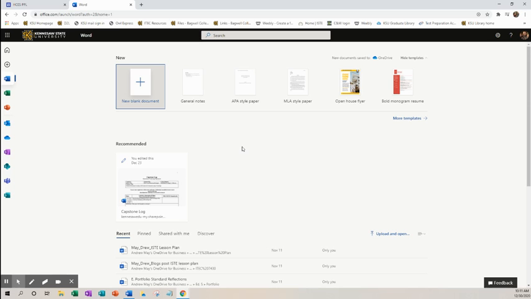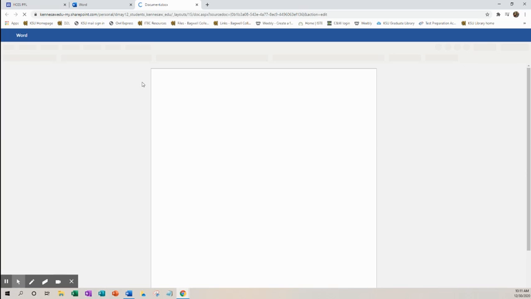From the desktop app. But for Word on 365, you can go in and you can create a new document. Very simple. I know most of you know how to do that already. But when you go into your document, this is automatically a live document. As soon as you get in, you will have a working document. Now, you're not collaborating with anybody at this time on the document, whether it be a student that's working on